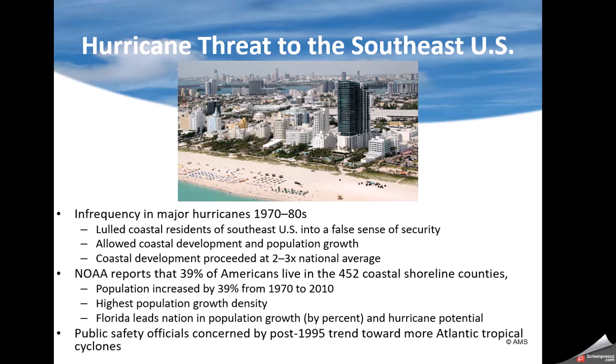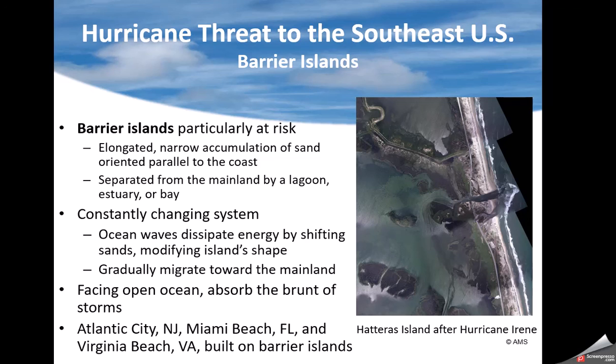And notice back in the 70s and 80s, there weren't many hurricanes that hit land. And with that, people tended to move to the coast. And now that we've started that population, they're staying there. Barrier islands, they tend to form; the Outer Banks are actually a barrier island. That's why a lot of times when they get hit with a hurricane, they suffer tremendous damage. Not as much damage where the main part of the Carolinas coast is. We actually have a barrier island here in Virginia Beach. So